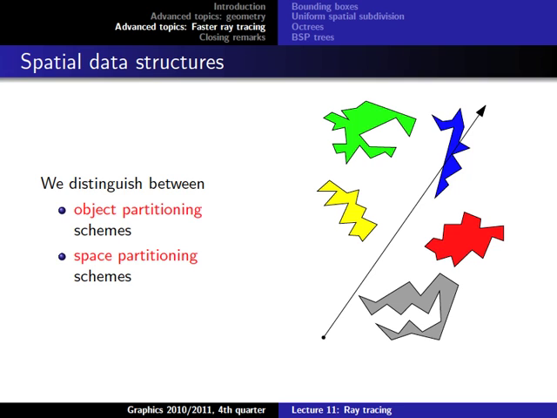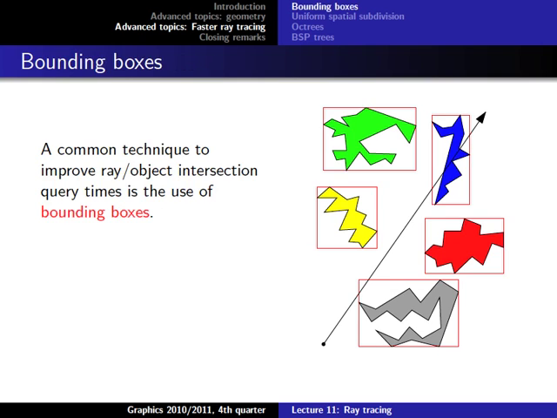Ray tracing perspective today, and there are two approaches for these spatial data structures, which can be categorized in two different categories. Let's start with the first one, which is the object partitioning scheme, because it's something that we didn't discuss explicitly,